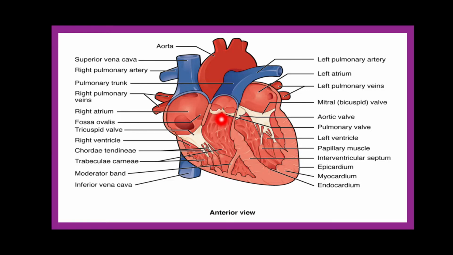The valve which is present in the pulmonary trunk is nothing but the pulmonary valve, which is also known as semilunar valve. Now why is this semilunar valve? Because the name semilunar is because of the shape of this valve. As you can see in the structure, this shape resembles a crescent, like half moon shaped. Lunar is something connected with the moon and semi is half.